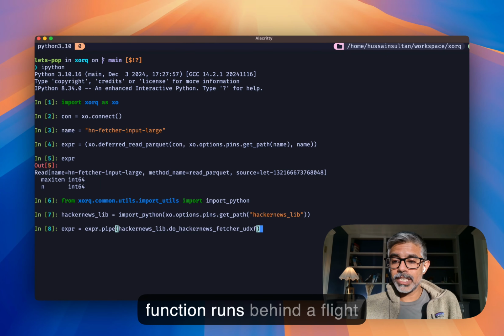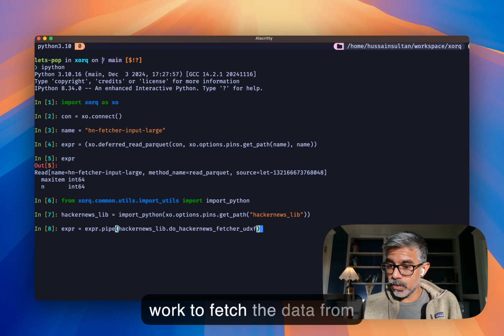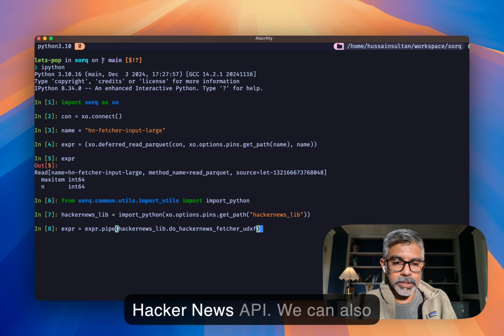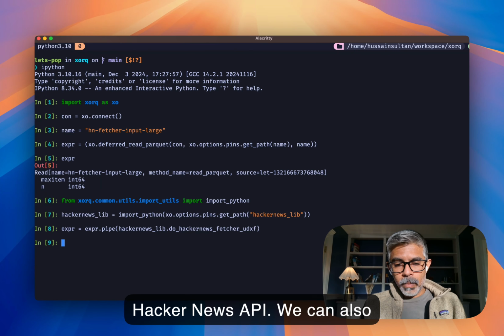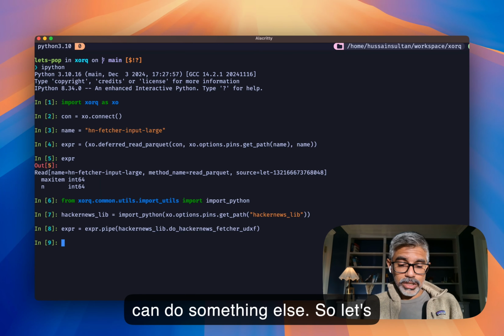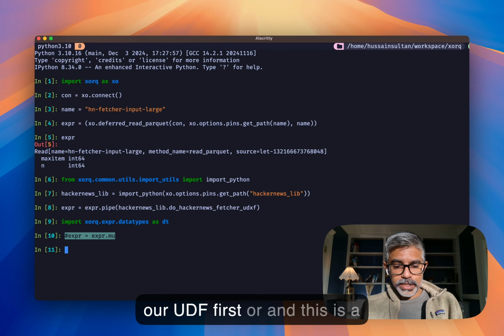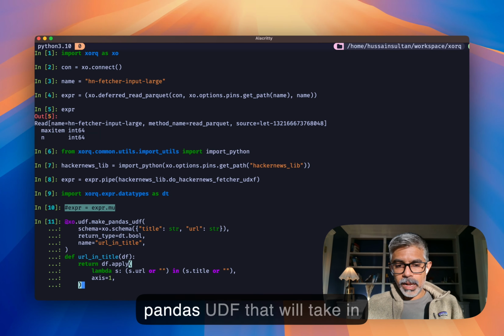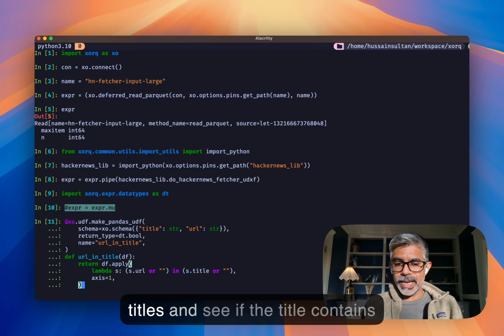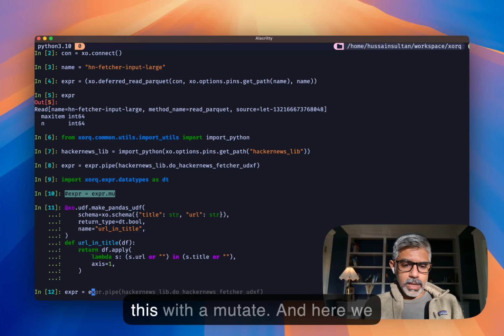And this function runs behind a Flight service and does the requests work to fetch the data from the Hacker News API. We can also define a UDF here that can do something else. So let's do some more imports, and let's write our UDF first. This is a string UDF that will take in titles and see if the title contains a URL or not. Now compose this with a mutate,